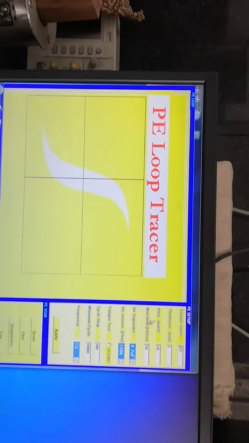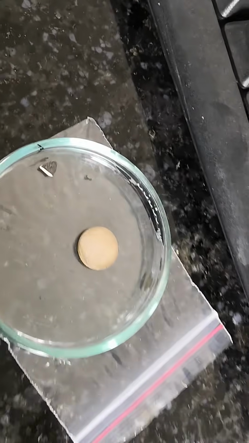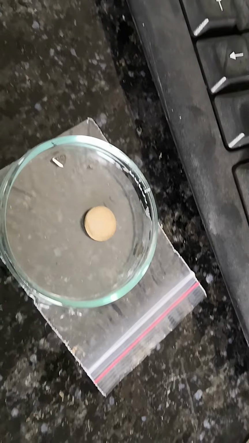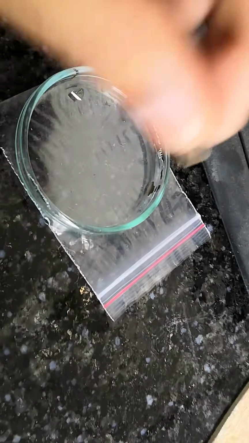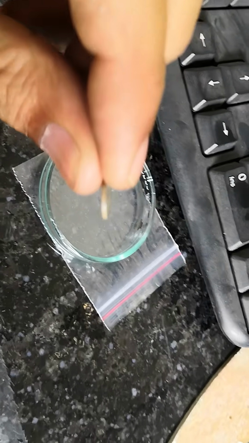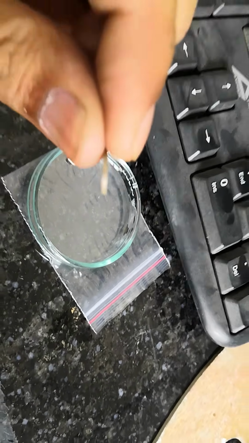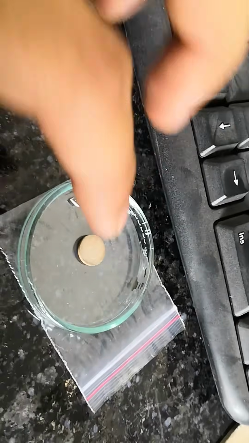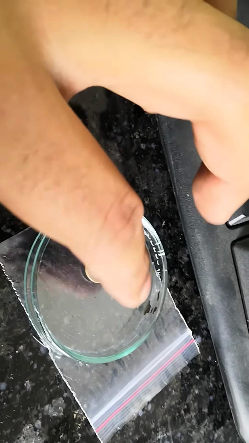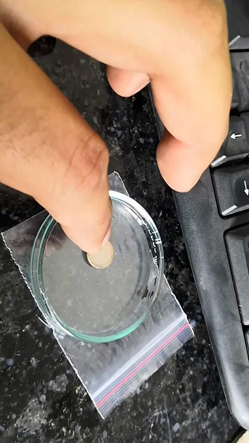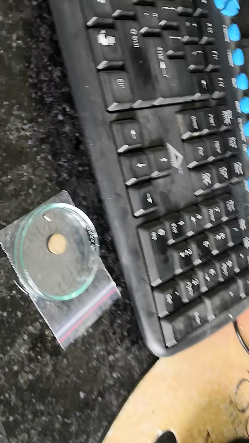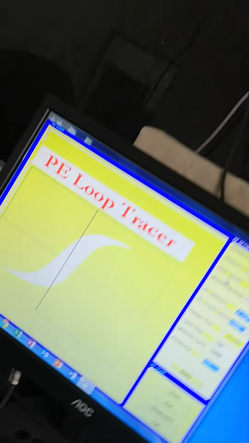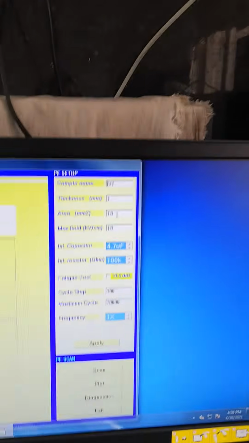Area, okay. First of all, I show you our sample material. So this is our sample of material. It is the second sample material. The first one I have inserted in our sample holder. So you can see this is the sample. This is the thickness of the sample. It is around 1 mm. So the area value, what we have to enter here, is the area value of this upper part, this one, right? So the area of the sample material that I have inserted in the sample holder is around 10.